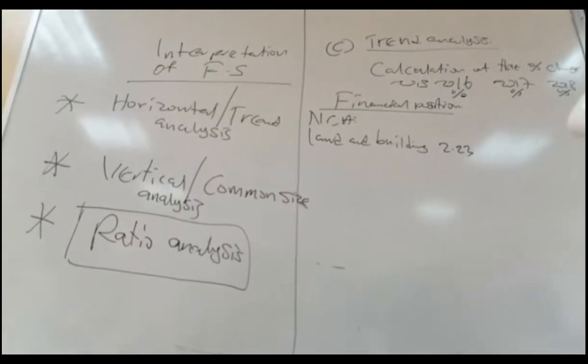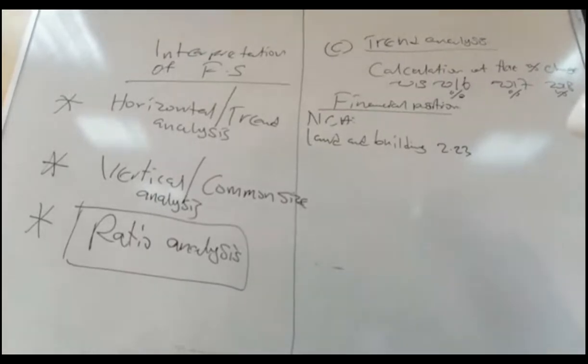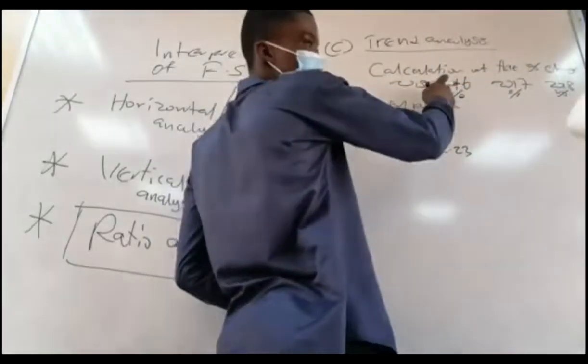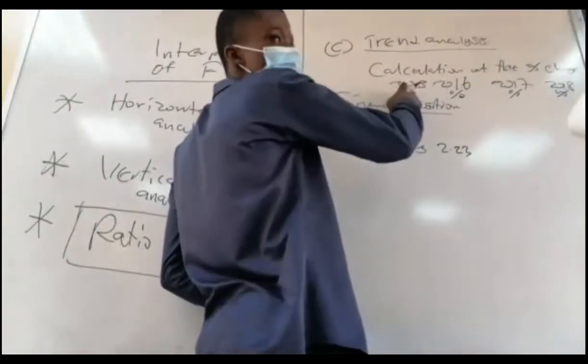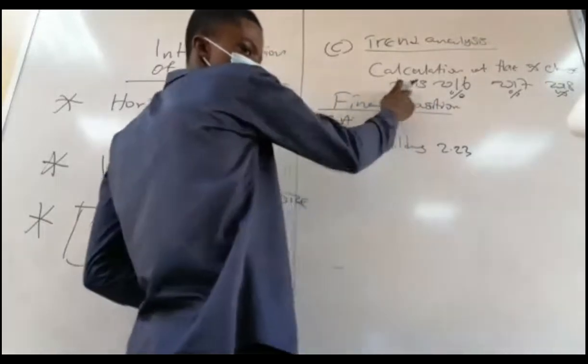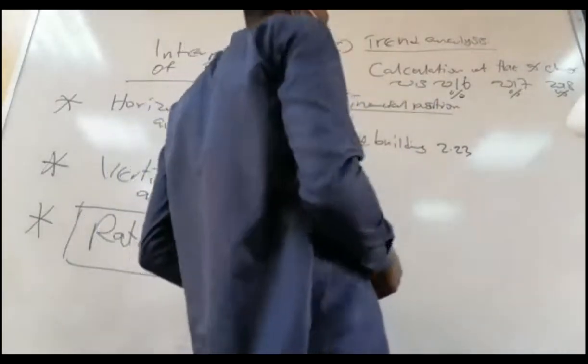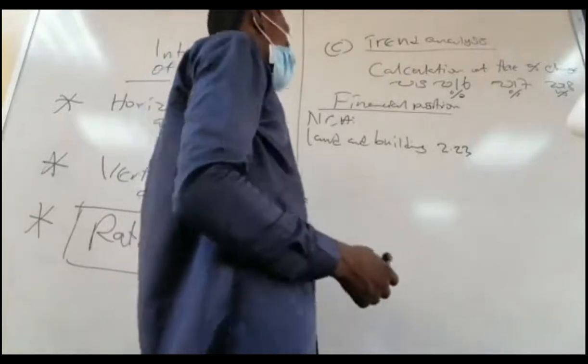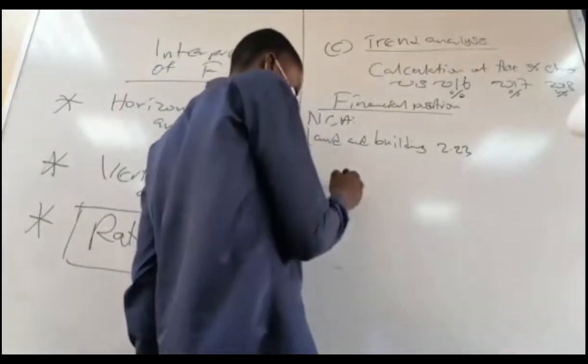Okay, so let's show working how you got the answer. We are finding the trend analysis for 2016. We can't get it for 2015. So for 2016, what's the 2016 figure? The land and building. So that would be